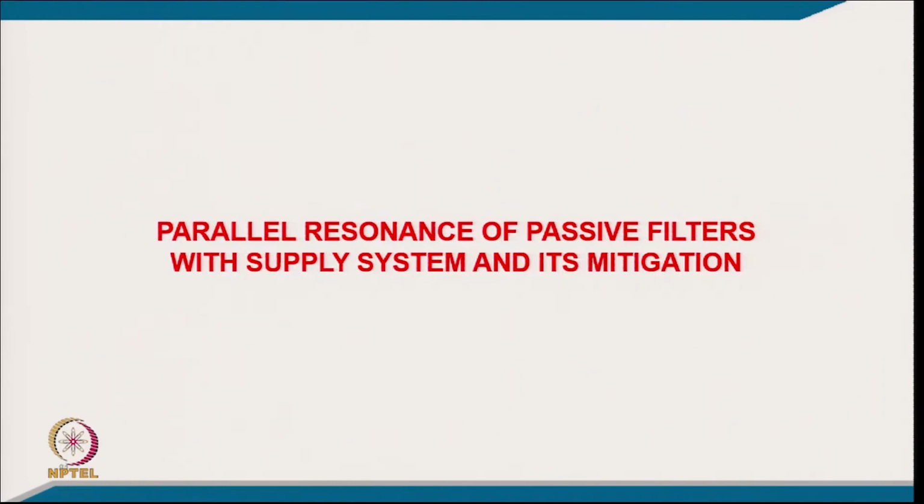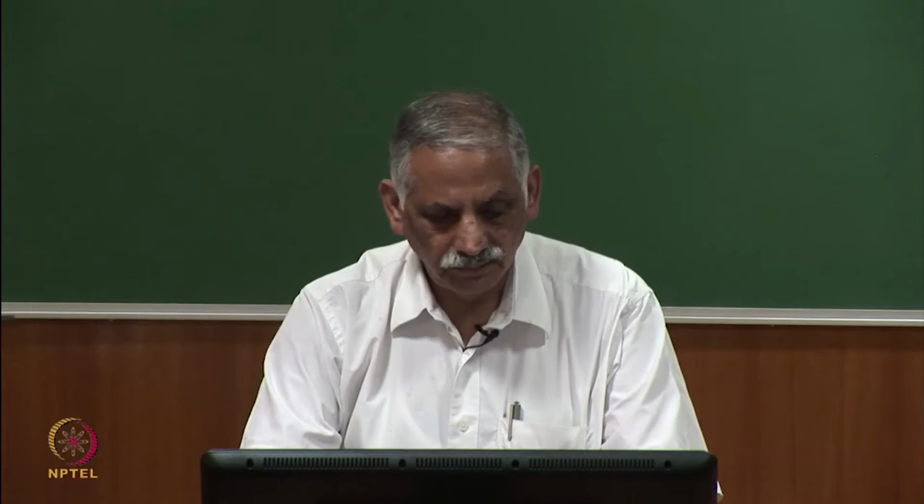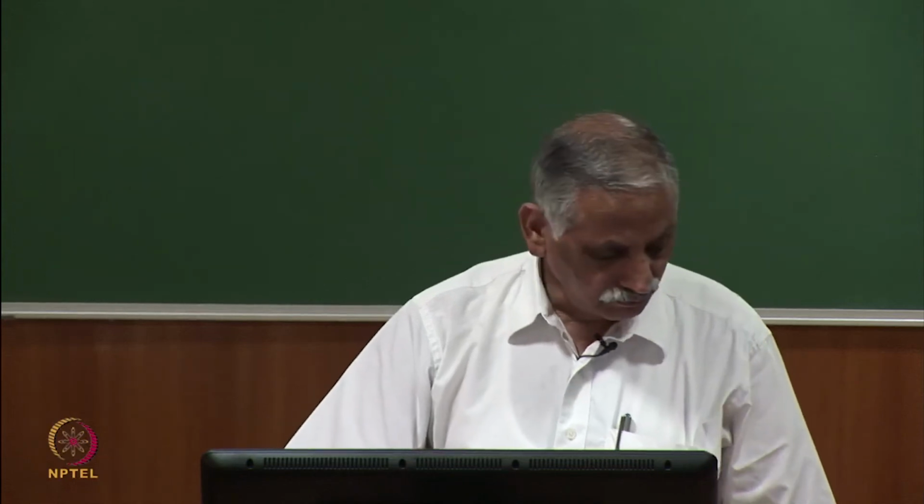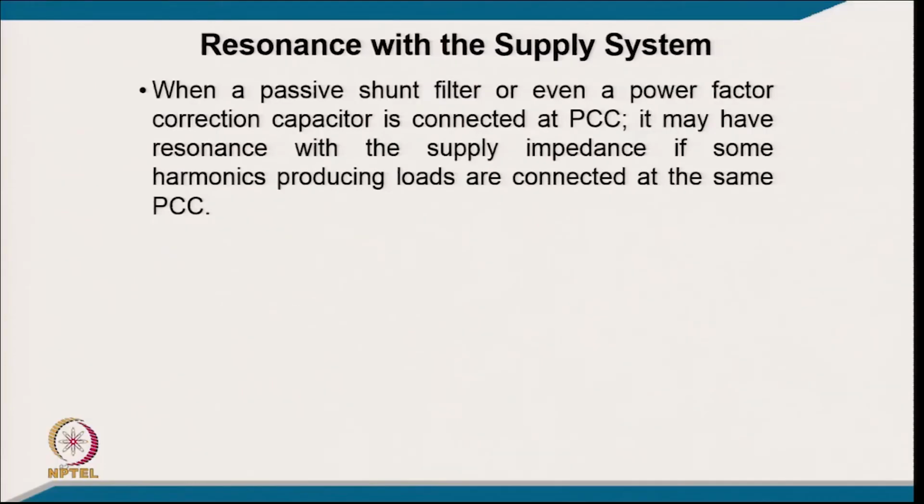Now, coming to one major limitation of parallel resonance of a passive shunt filter with the supply system, and how we can mitigate or avoid it in the design, that becomes a very interesting problem. So, what is the resonance with the supply system? When a passive shunt filter or even a power factor correction capacitor is connected at the point of common coupling, it